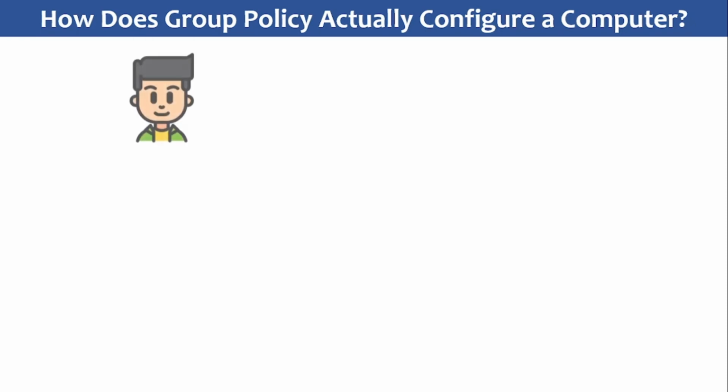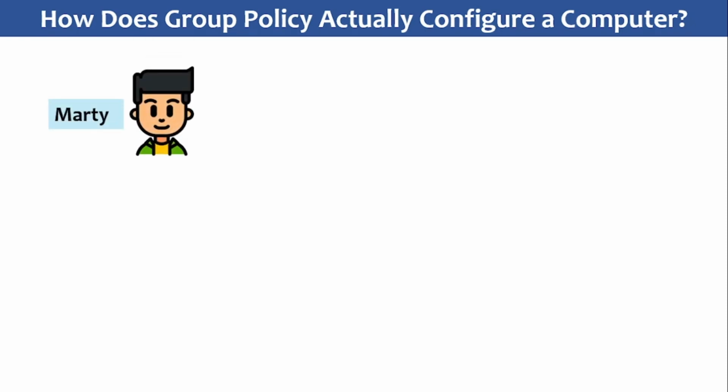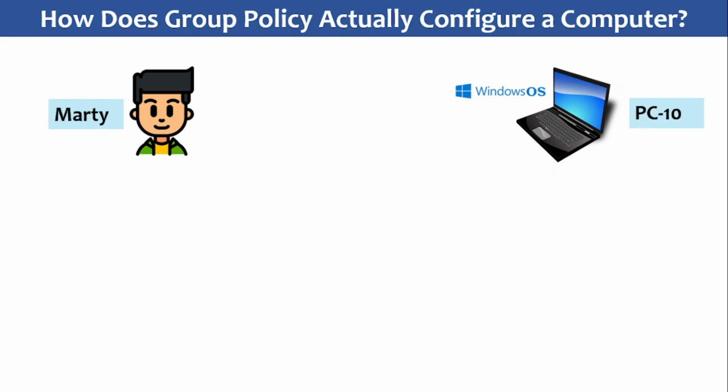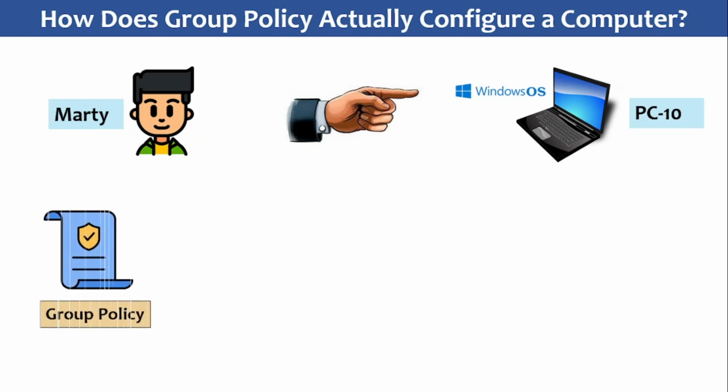Let's say we have a user Marty, and a Windows 10 machine, PC10, and Marty logs on to this PC10 with his domain credentials. So what happens is the group policy is pulled. Marty will be a member of some OU, and there will be some policies applied. All the policy settings will be pulled for Marty,